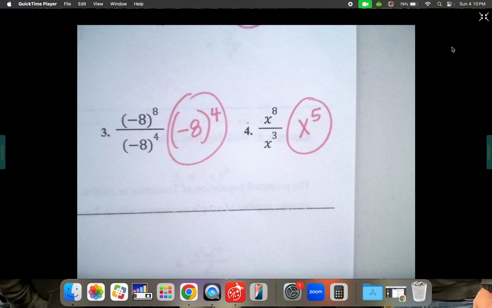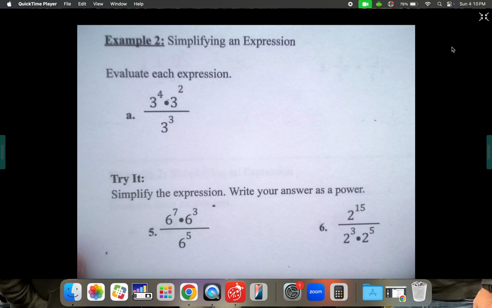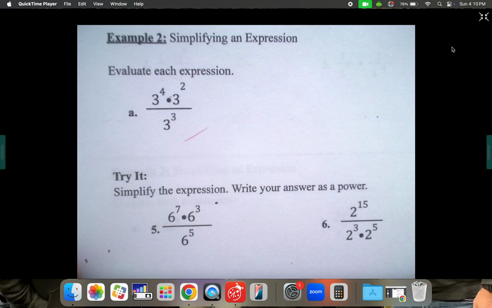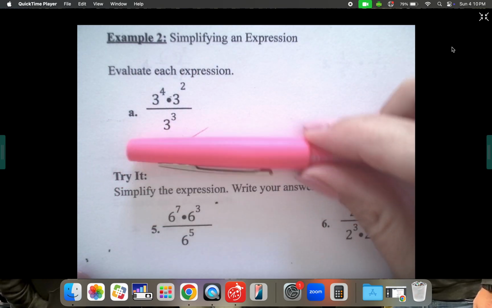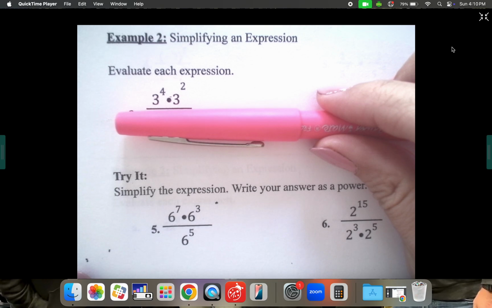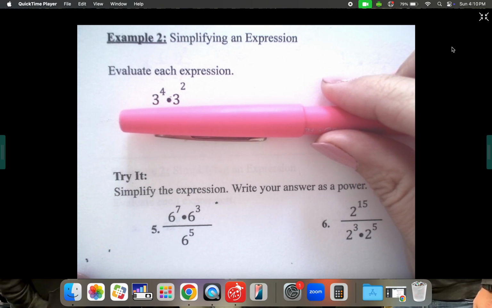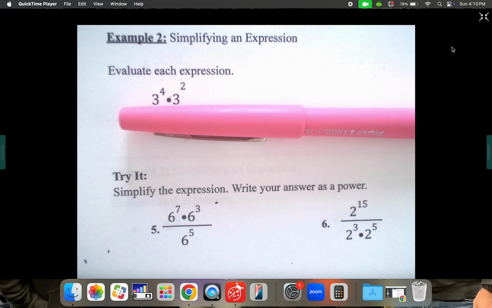Okay, for the next section, we're reviewing everything that we've learned so far in our exponents unit, and we're putting it all together in one problem. I'm going to jog your memory from two lessons ago. I'm ignoring the divided by because that was today's lesson. If you had a problem that just looked like this, 3 to the 4th power times 3 squared,